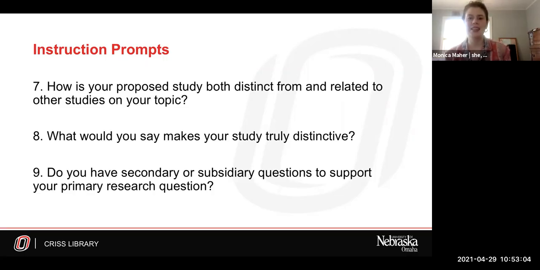So I think that this set of questions can work best with students who are still at the beginning stage of their research. They should have a good idea of the different facets of their topic, but you can use these questions to help them delve a lot deeper into why their research has value and to examine any subsidiary questions that might have popped up while they've been gathering a bunch of sources.